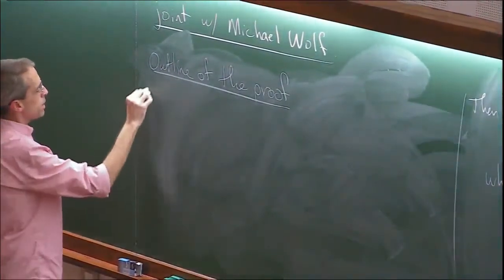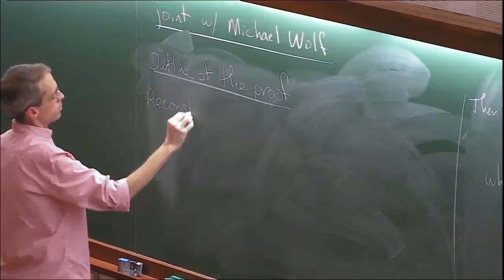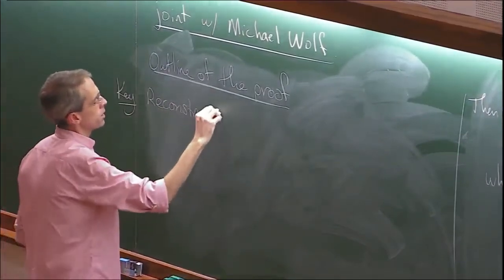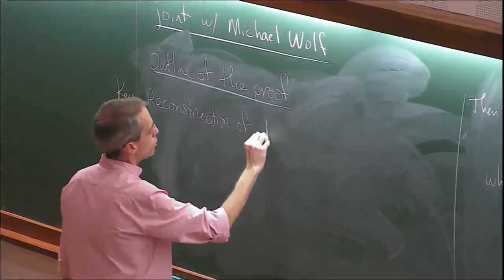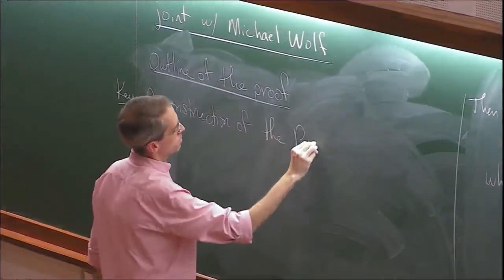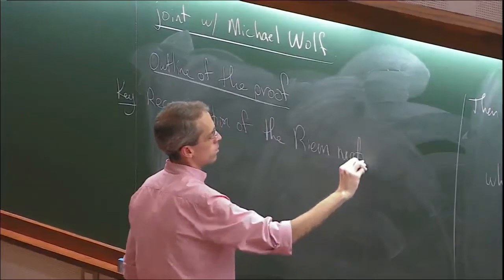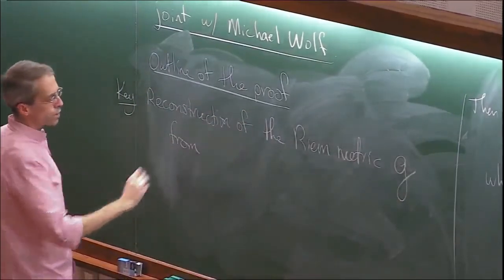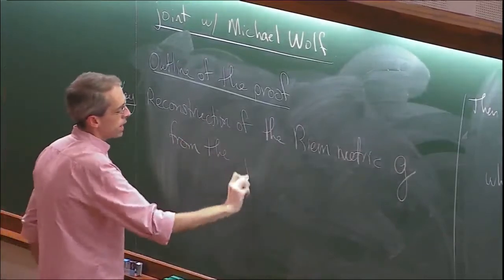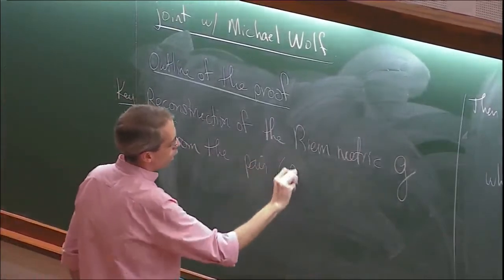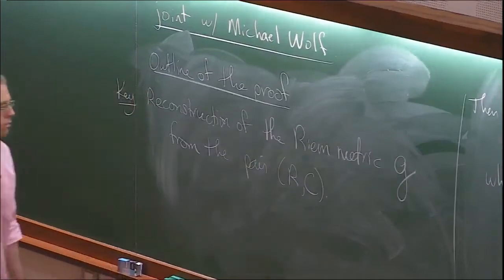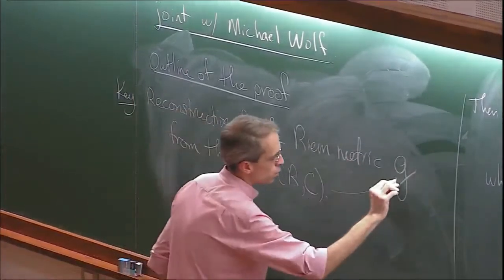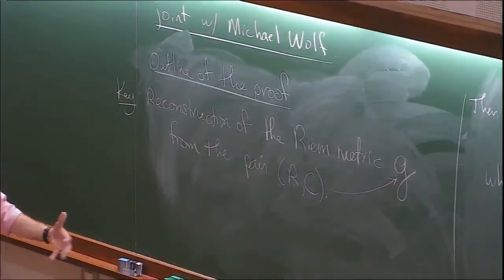The whole thing is about reconstructing, the key point is reconstruction of the Riemannian metric G that appeared in that affine sphere data from the pair R. So going from a Riemann surface and a cubic differential to a Riemannian metric G such that the rest of